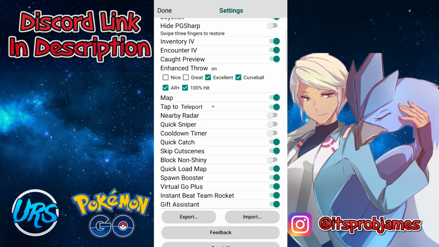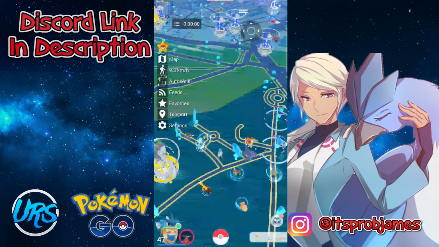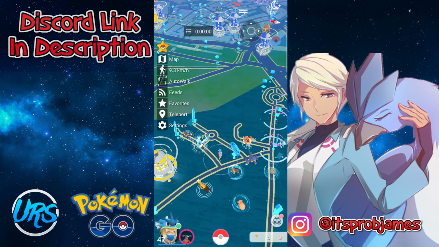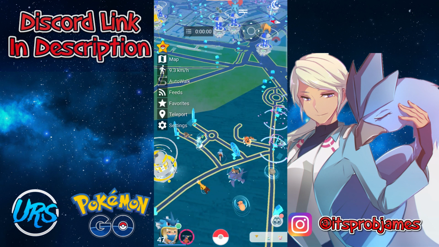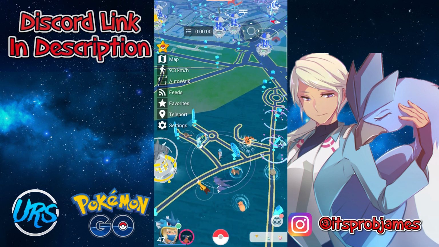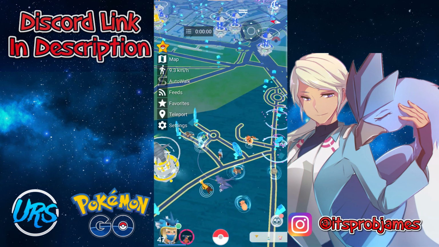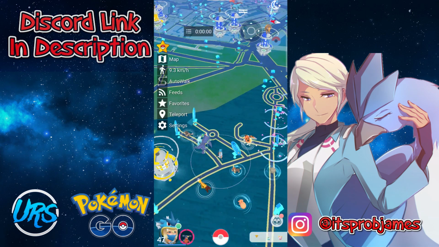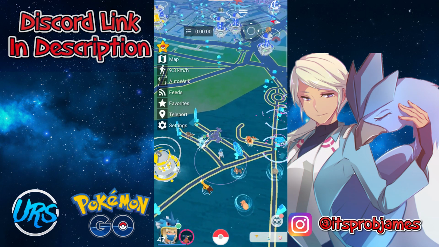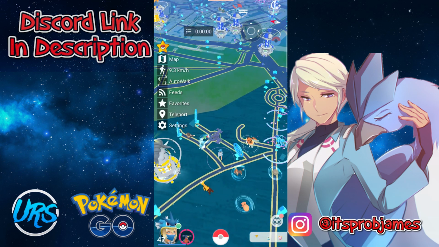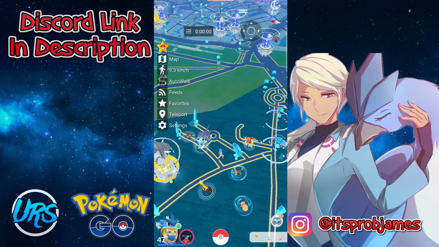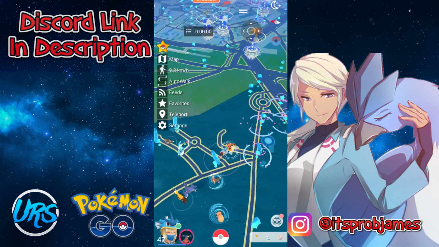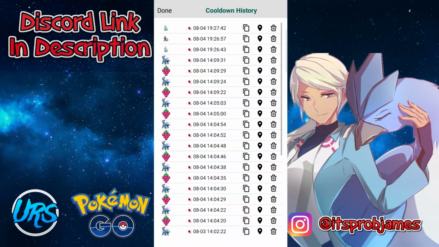Next one we have is the cooldown timer. Now, obviously, if you're familiar with how the cooldown timer works, you don't actually have to care about what it's telling you, as long as you know that you're correct. PGSharp doesn't change anything from the game. It won't break your cooldowns or your shiny chances, which is a common misconception apparently. I didn't realize people thought that PGSharp fundamentally changed the game. No, it doesn't change basic game mechanics. So if you're not on cooldown and you know you're not, even if the timer says you are,